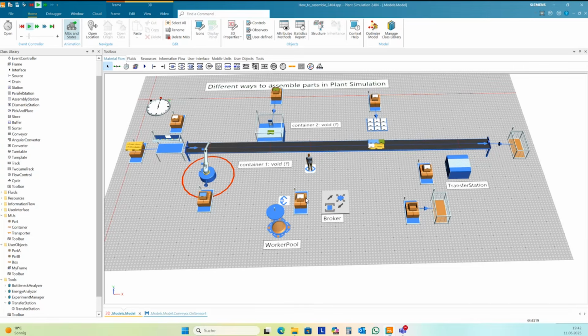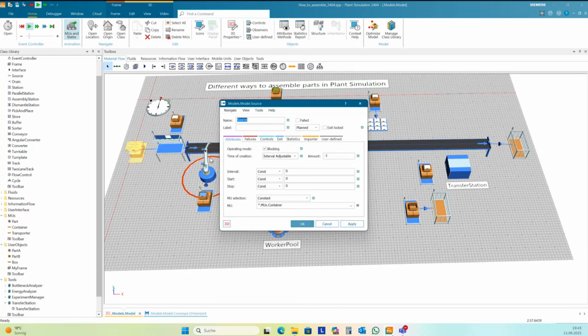Because at the starting point, the conveyor is empty, he gets one part, but then he doesn't get another one. And so this transport importer will not be called until it's completely empty. If one is left here, then he can go to the next one. So now this is leaving here, and now this conveyor was empty for a very short time, and then the transport importer is working. And if I change here, yeah.